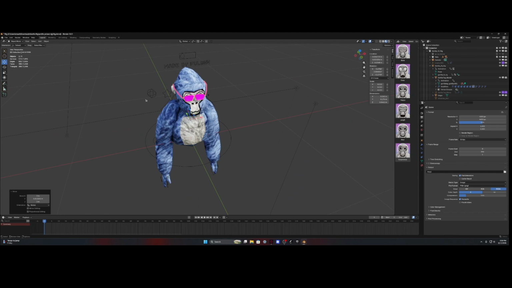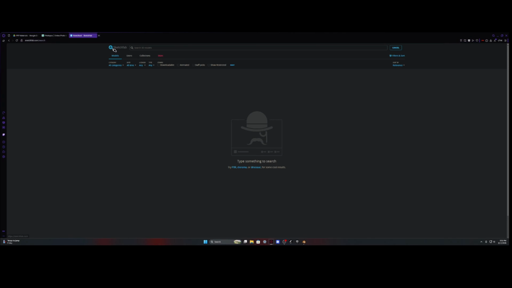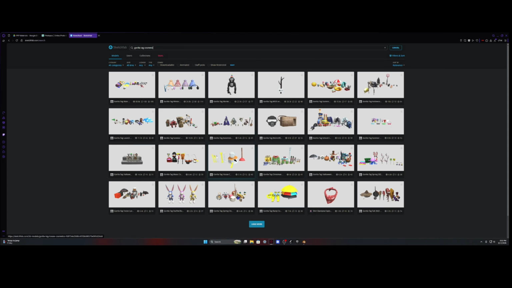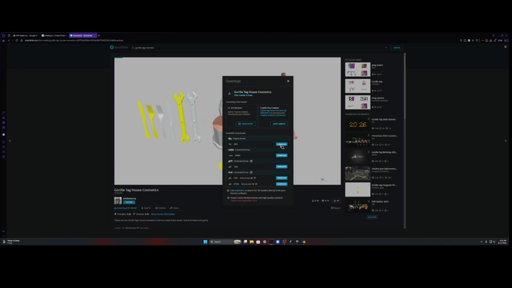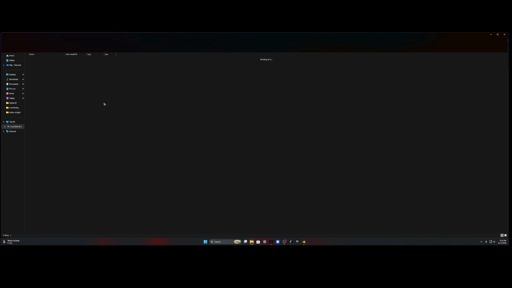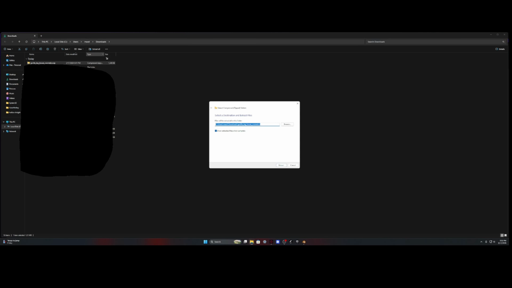But if your cosmetic isn't in the file, there's this cool website called Sketchfab where you can just look up 3D models. So I'm just gonna look up Gorilla Tag Cosmetic, and then we have all of these. I'll just get this one. We'll do download. I'll download it as a GLTF, and then it should zip. You're gonna want to extract,